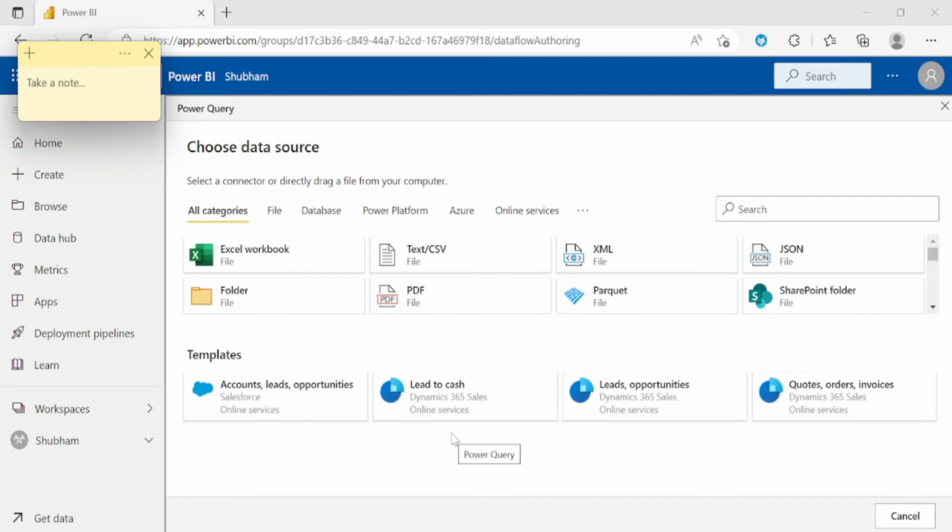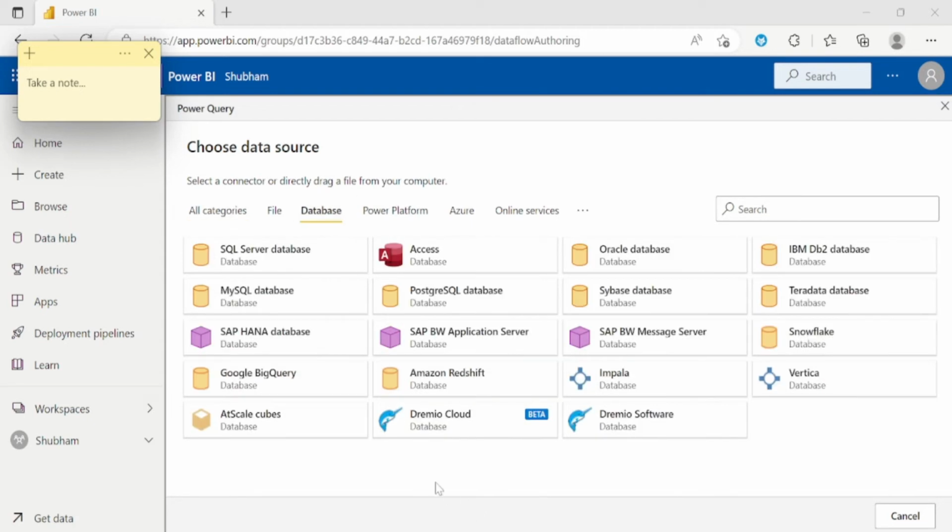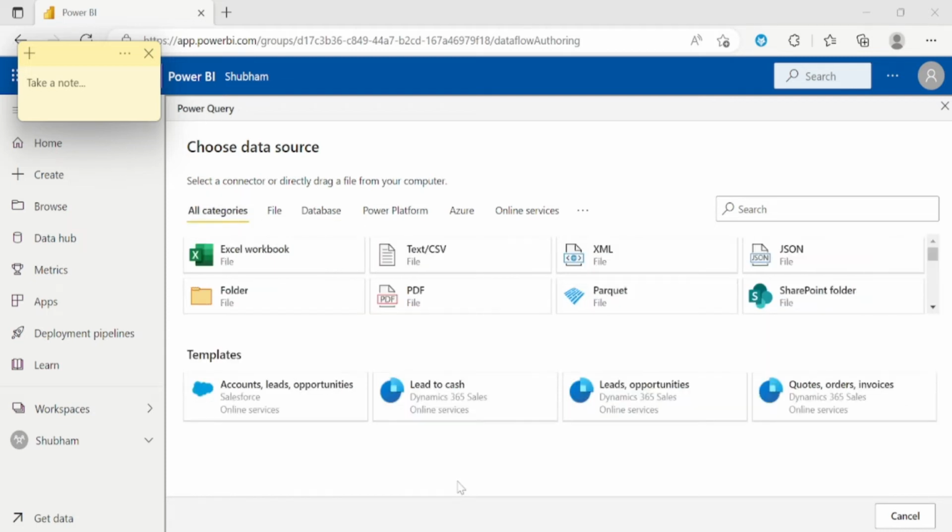So guys, we can see lots of source options are available like Excel file, CSV file, JSON file, SharePoint folder. And if you click on Database, you can also see multiple databases are available here like SQL database, Snowflake, Amazon Redshift, and so on. So let me get back to All categories. This time we have only an Excel file. So let me click on this Excel workbook,